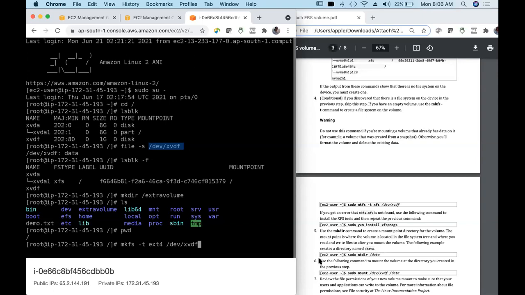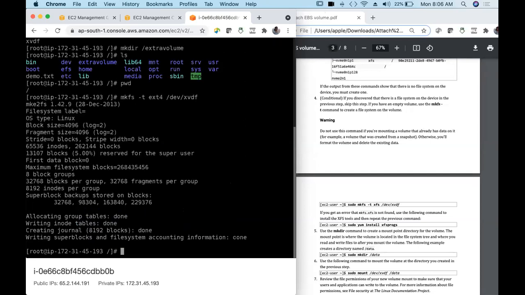If you insert a pen drive or SD card in Windows and right click and check properties, you will see the file system. It says either FAT32 or NTFS or something. So those are types of file systems. In Linux also this is a file system, and we are declaring that. I'm declaring that my extra volume uses this file system ext4. Hit enter.